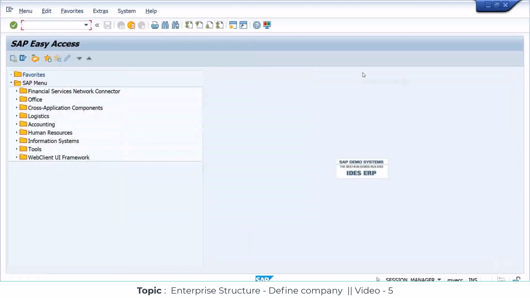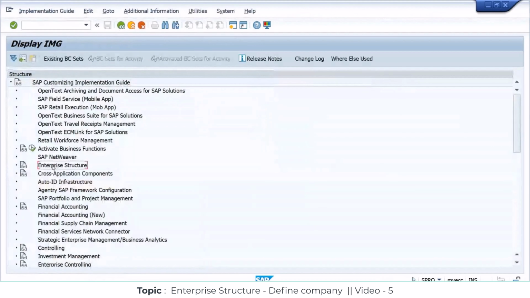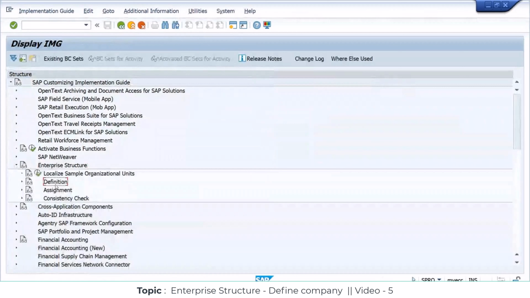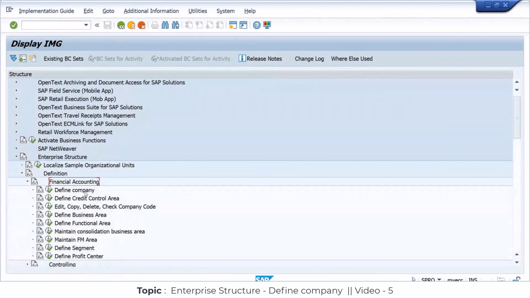So first thing, we need to get into the backend application SPRO IMG, and under this particular IMG, work with enterprise structure. If you get into enterprise structure, we're working with definitions, and under definition, financial accounting. If you get into this financial accounting, we're done with these two steps. Now this is going to be the third step, creation of company code. So if you click on this activity, edit, copy, delete, check company code, click on it,